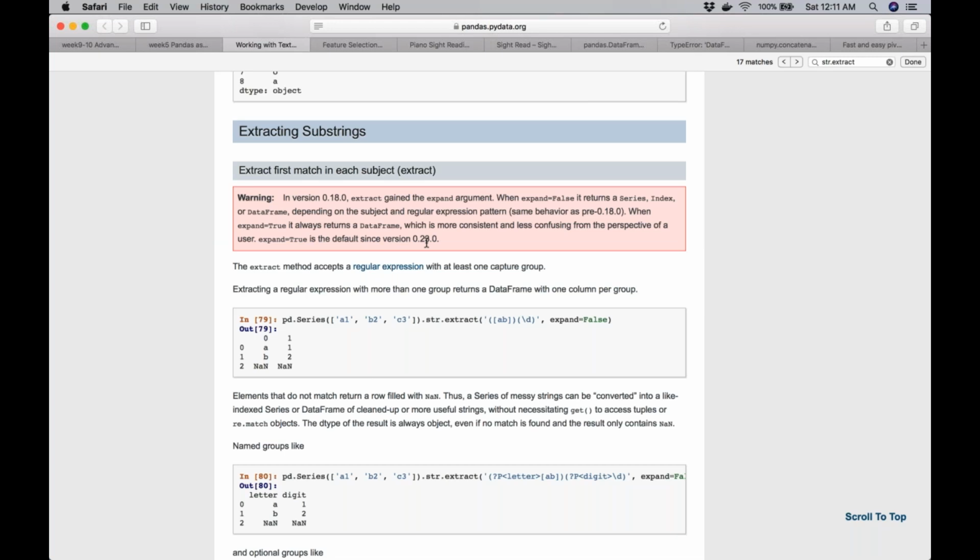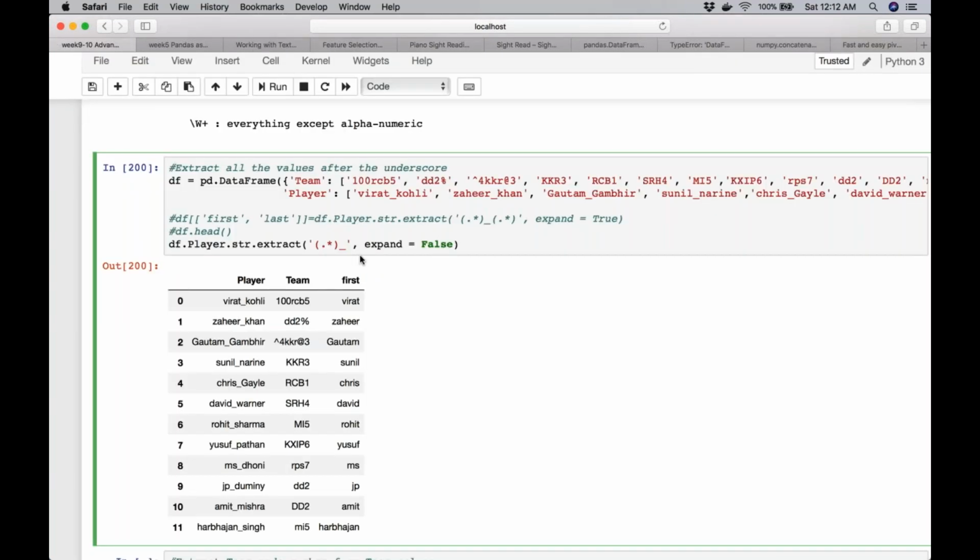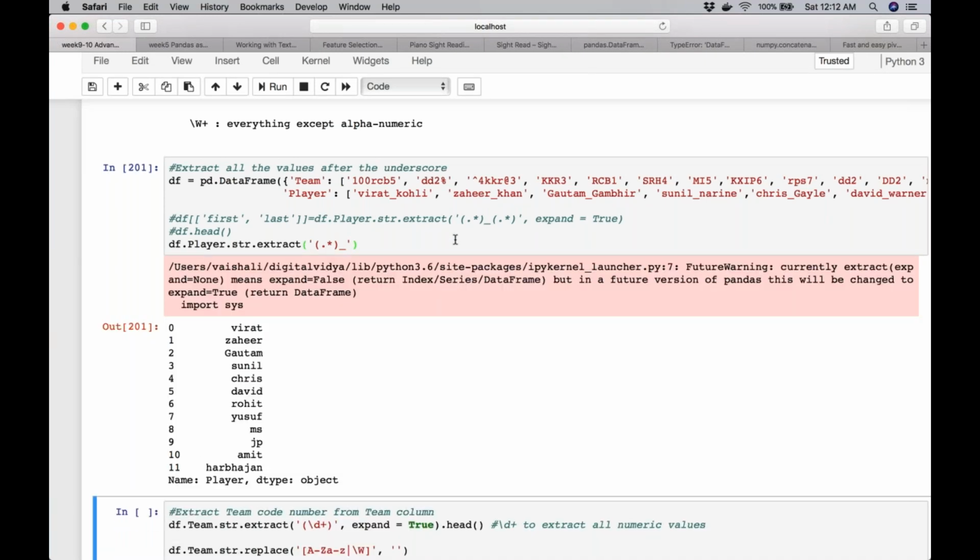So the default is expand is equal to true since version 23. Before this version, the default was false. I think I have pandas 20.22, not 2.23. So every time you don't use the expand parameter, you get a future warning that currently extract means expand is equal to false, but in a future version of pandas, it's going to change to expand is equal to true. So it's already changed. I have to update my pandas.